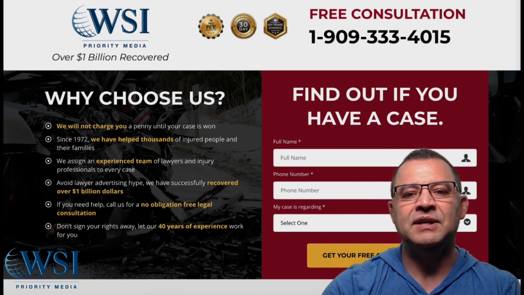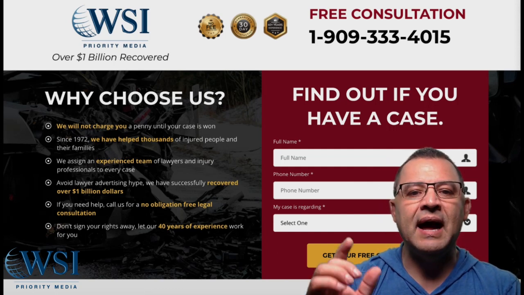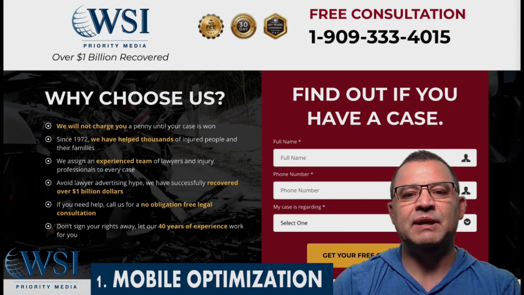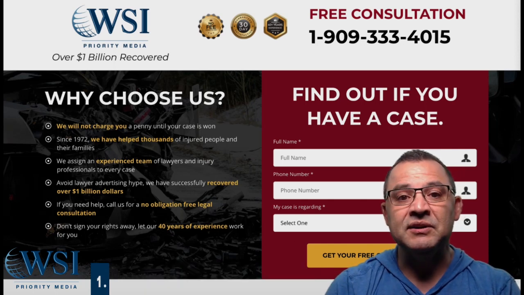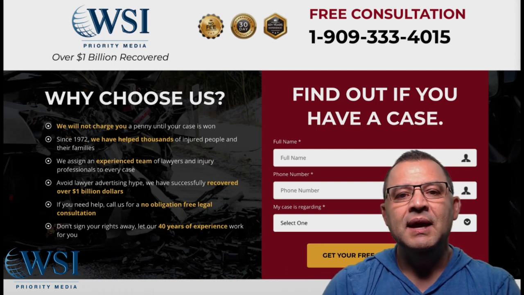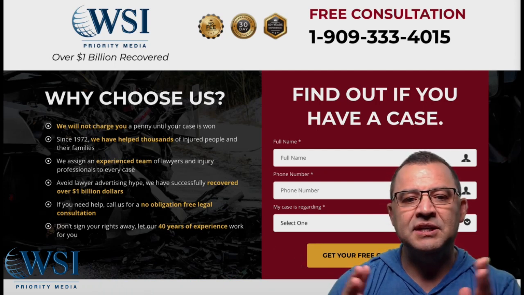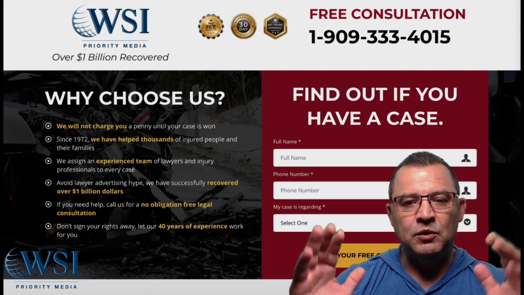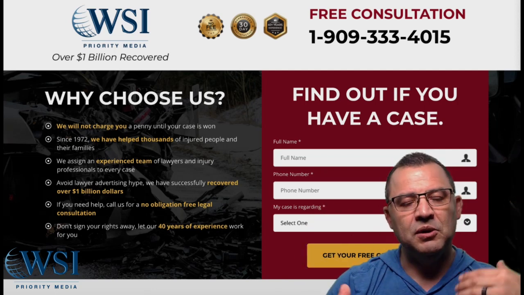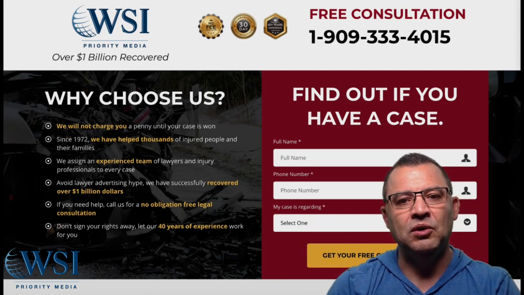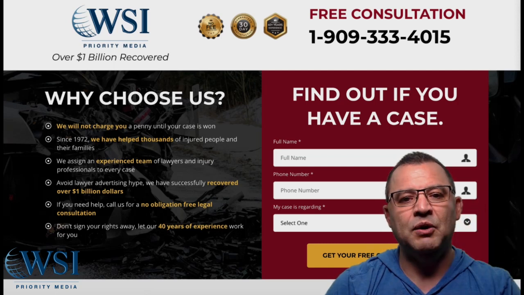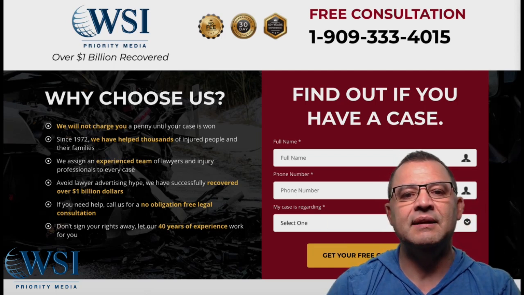And here it is. So what we do is item number one is always make sure that it is mobile optimized. Look, over 90% of traffic now we are seeing is actually coming from mobile. And so when your page gets shrunk down, you want to make sure that it looks good on mobile. It loads fast on mobile, and all of your key components are on there. So that's item number one.